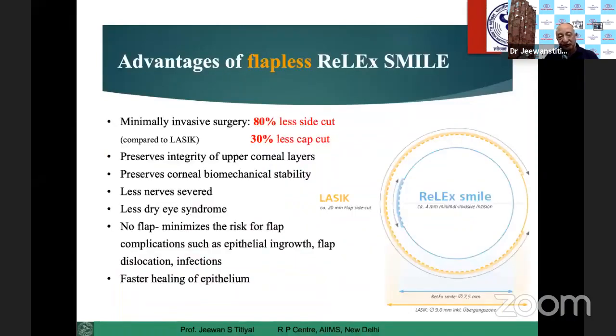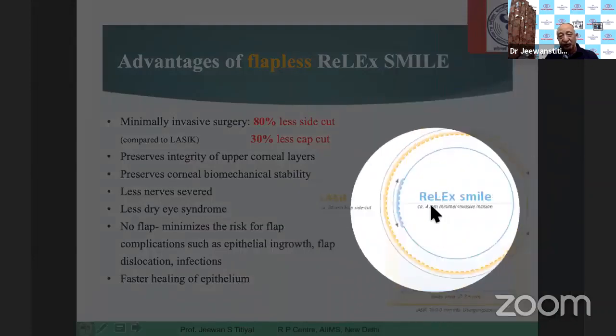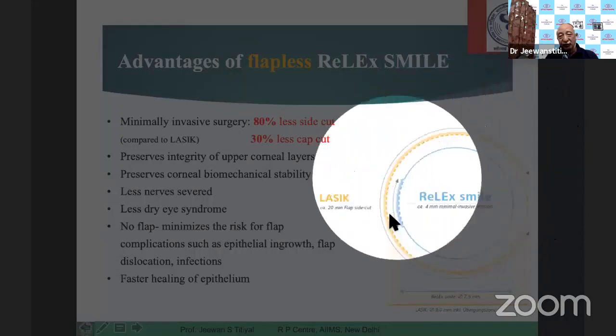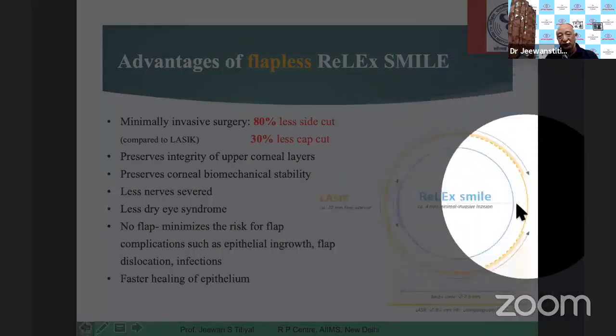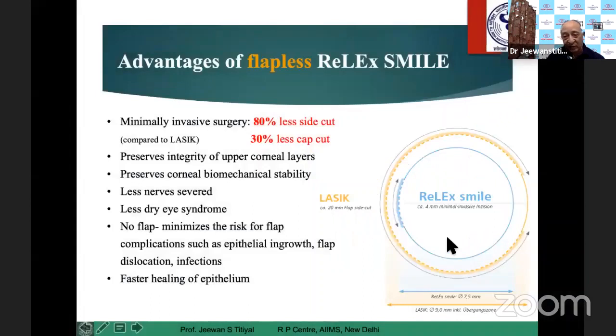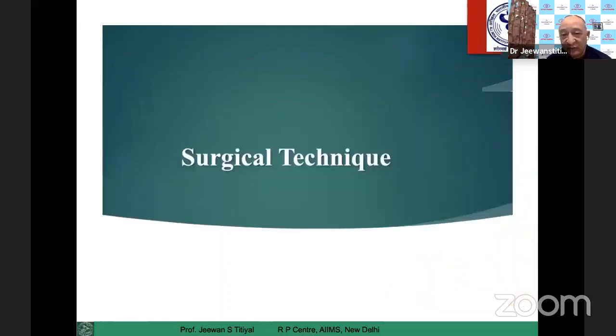The major advantage of lenticule-based surgery, as far as I'm concerned, is decreasing the amount of cornea which is being cut. If you look at a LASIK procedure, we are cutting almost 270 degrees of cornea, leaving only 30% which is not cut. While in SMILE, we just cut at one area which ranges from 2 to 4 millimeters. So we safeguard a large part of the cornea from being cut, through the vertical orientation of the corneal stroma. That is going to decrease the damage to the nerve fiber plexus, and maybe it decreases the ocular surface changes in these cases.